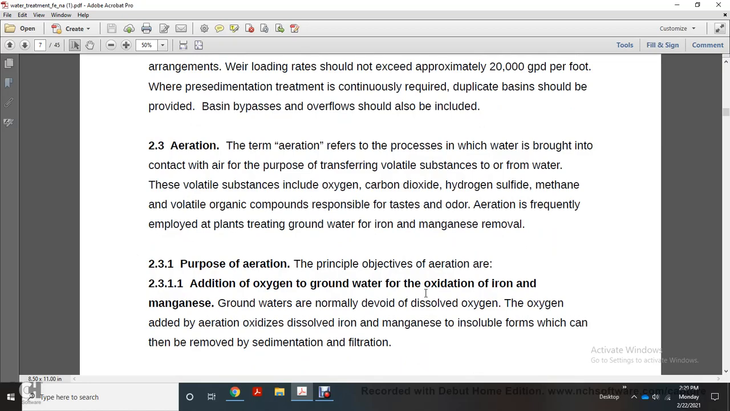Purpose of the aeration. The principal objectives of aeration are the addition of oxygen to the groundwater for oxidation of iron and manganese. Groundwaters are normally devoid of dissolved oxygen. Added with aeration, oxygen oxidizes dissolved iron and manganese into insoluble forms, which can then be removed by sedimentation and